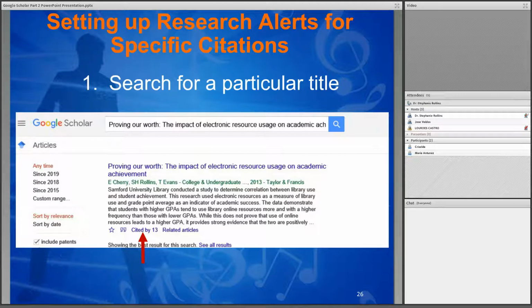So to do that, what you're going to do is search for that particular title that you know, or you've done a search and you found a really good article. You can still do this. You don't have to know the title, but you've discovered it some way. Here's the article here, and you're going to click on the Cited By button. So here it says cited by 13 people. So we've had 13 other people cite our article. So when you click on Cited By,